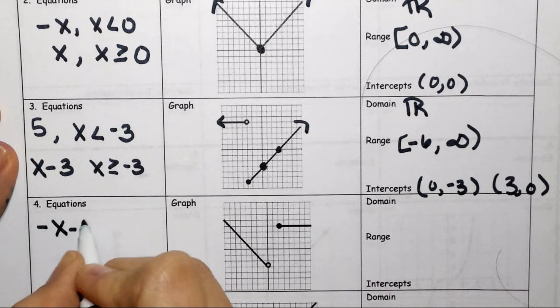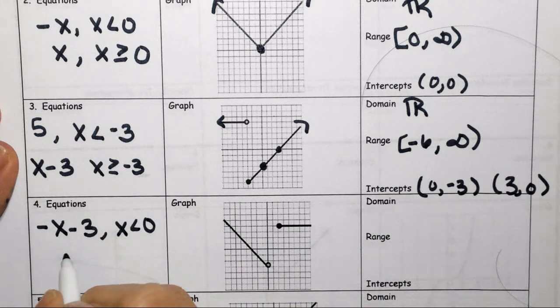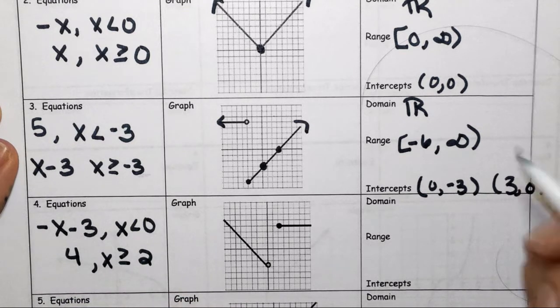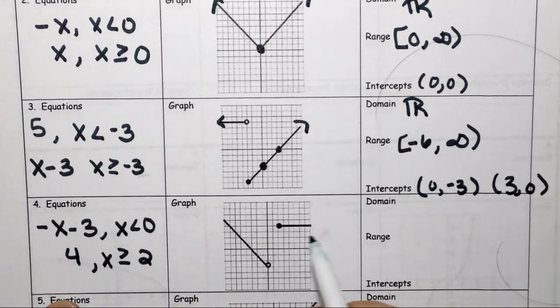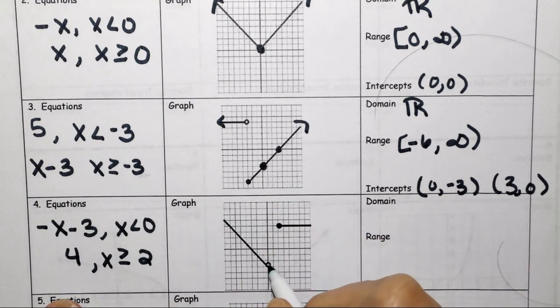So I have -x -3, where x is less than 0. And the second equation was y equals 4, x is greater than or equal to 2. Okay, so this is my 4 equation. This right here is my -x equation. Notice I'm going down 1, right 1, down 1, right 1, and I'm touching the x down here at -3